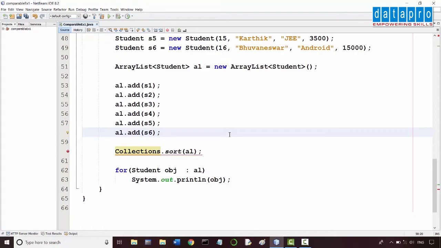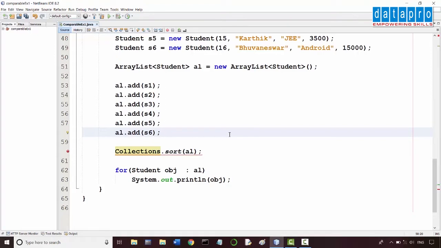Had we passed an array list of string objects, it would have given the output. But here we are passing an array list which contains user-defined objects, not primitive objects like strings.